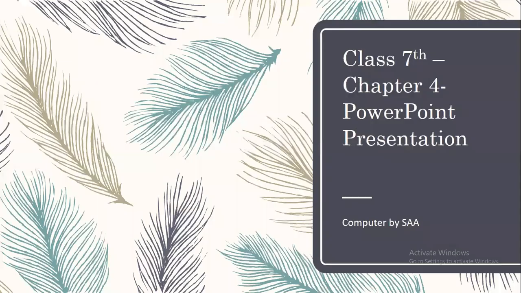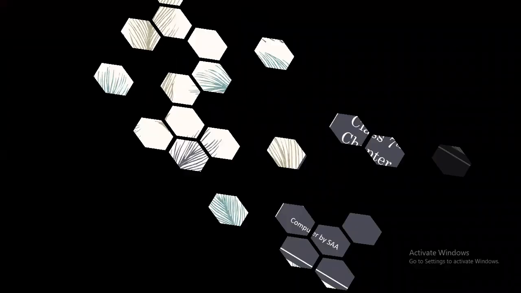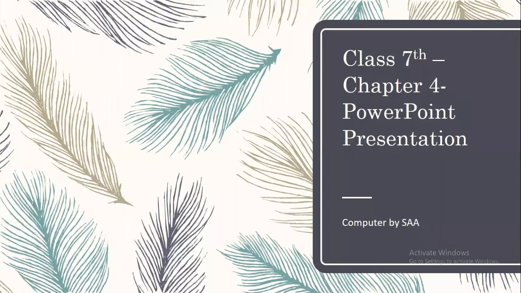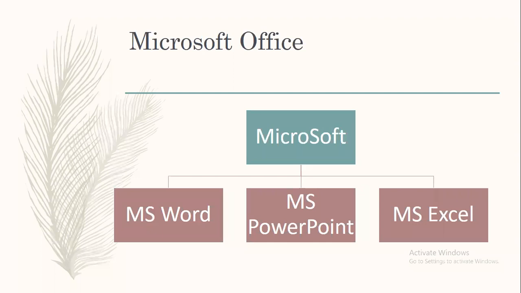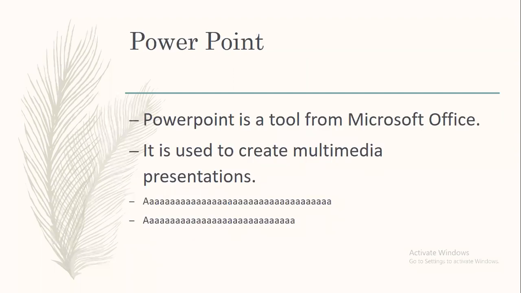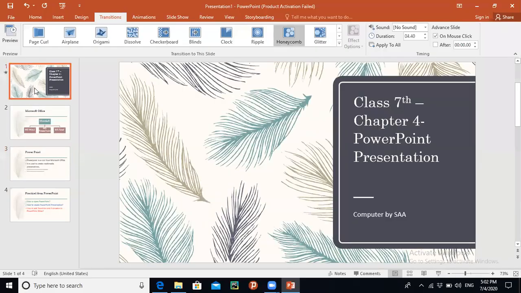Okay, again previous. Start the slideshow. Now you can see if I am moving towards the second slide, it is again coming in the same plain way. So whenever you want to apply the transition on all the slides, you have to select the option apply to all. I am going to select apply to all.